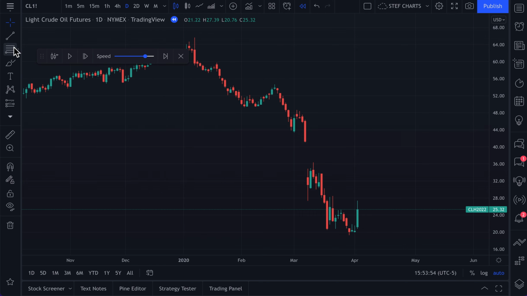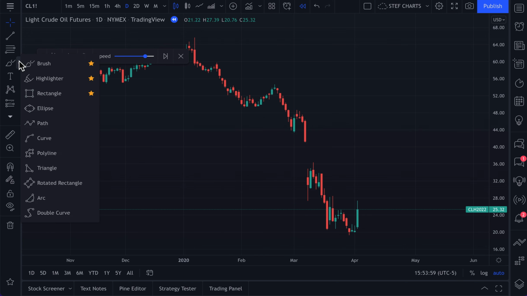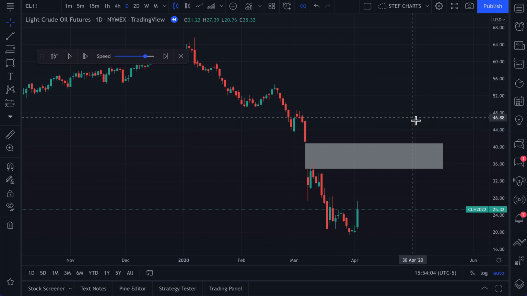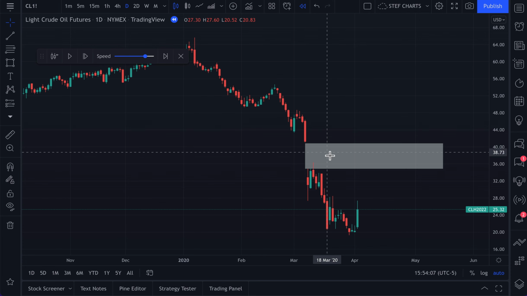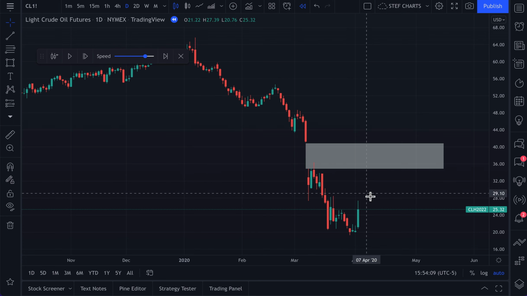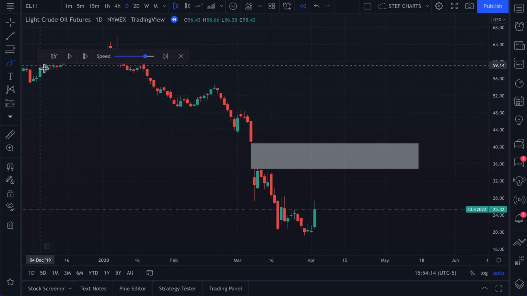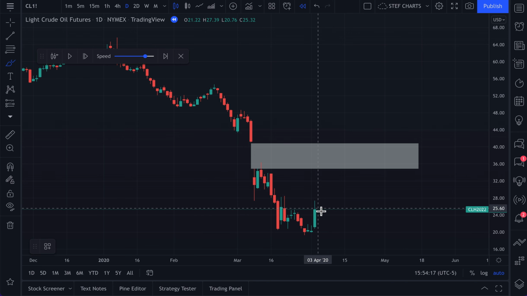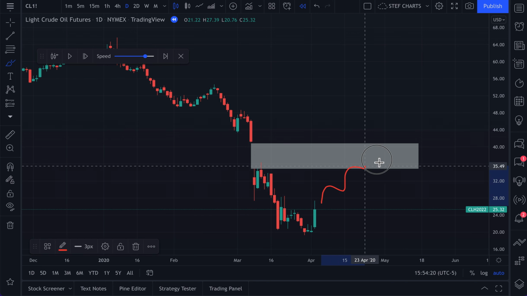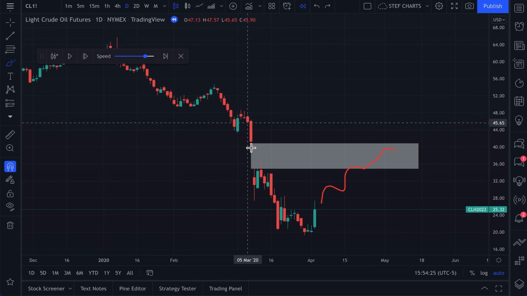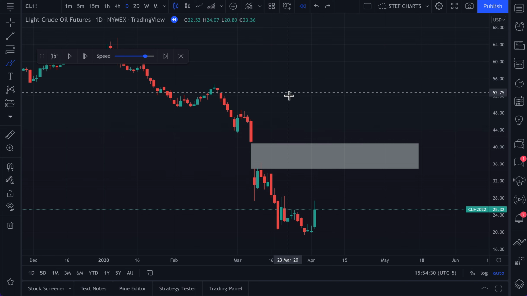As an example, and we're just using this as an example, maybe you go back to this moment in time and you say to yourself, well, I'm not going to buy this until this gap fills. So essentially what you'd be saying is, this chart looks really, really weak as long as this gap isn't filled. It means there's very little interest or demand or bullish sentiment that is going to take oil any higher if it cannot get back into this gap. This is just an example of a strategy. We're not saying everyone does this. We're actually just trying to demonstrate how you can use the bar replay tool with a